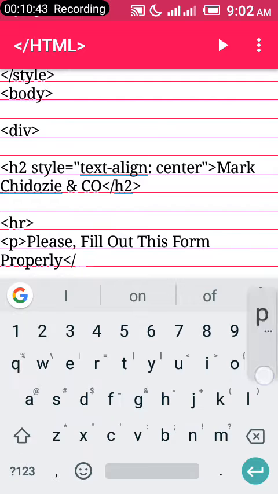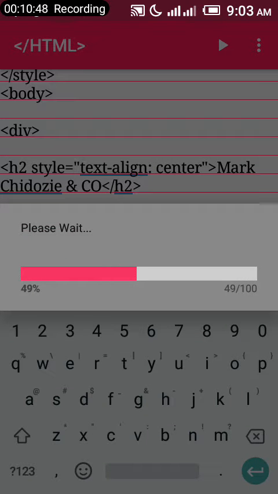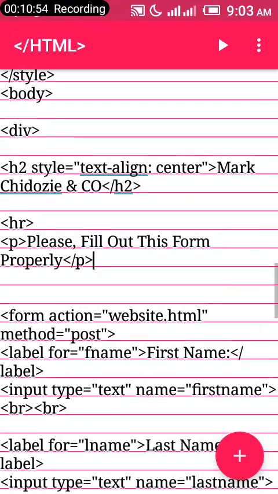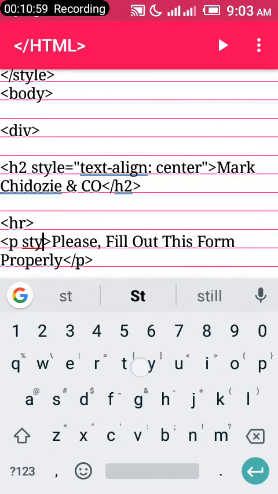Then you close the P. Let's run it and see if it really serves as something like a reminder to them. Let's see. Yeah, it's just a text. It doesn't. So let's go ahead, come to the front of the first opening P tag, set your style